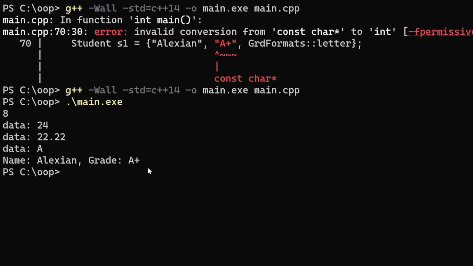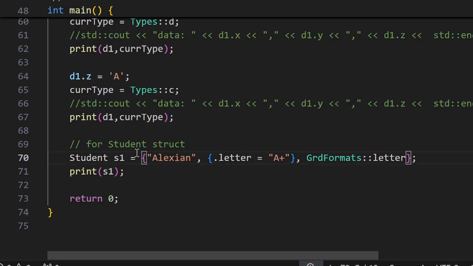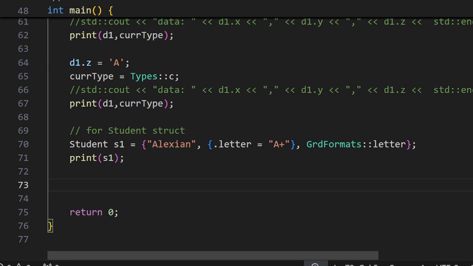So now it is displaying the grade is A plus. Now once you have this object, then you use this object, then at some point of time you want to change the format of the grade, then you can do that this way, s1 dot